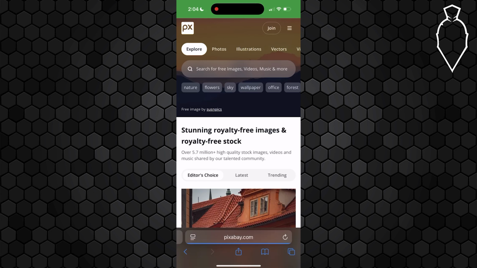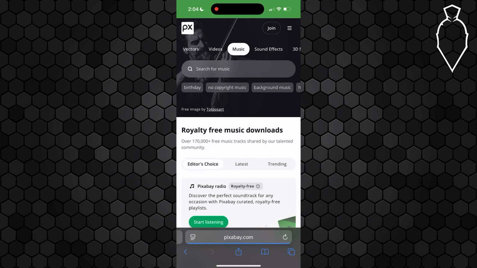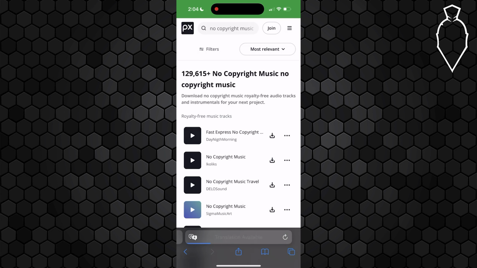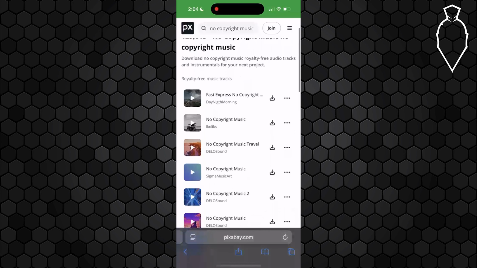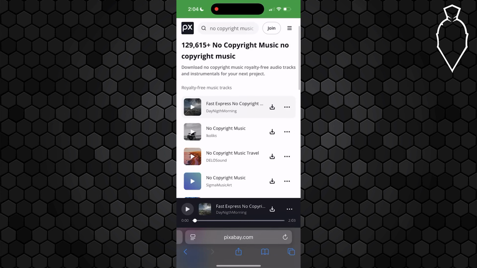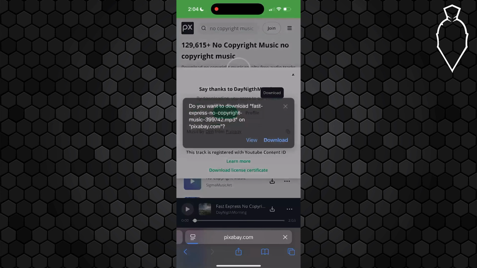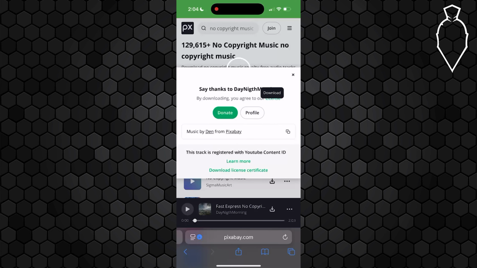Now from here you could choose either one of these. It doesn't necessarily matter. The steps are pretty much the exact same. But for example, here on Pixabay, what you're going to want to do is scroll in this right section up at the top and find music and select it, and then go to no copyright music right here. And from here, just scroll through and find whatever music you like. You can hit the play button to listen to it. And whenever you're ready, select download just like so, and then hit download one more time, and it's going to